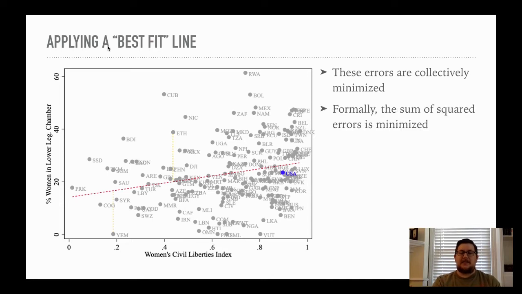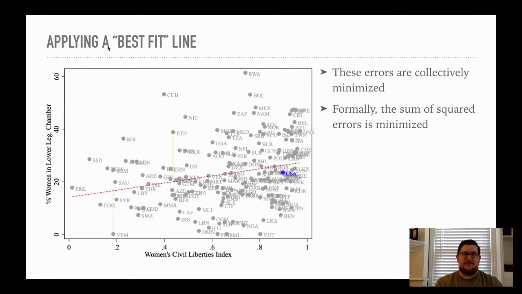Now, technically what this means, the formal way that we talk about this, is that we have minimized the sum of squared errors. If you think of this line as an error and this distance as an error, and you do that for each individual data point, each individual observation, you ask how far off our prediction of y is for each of these points.